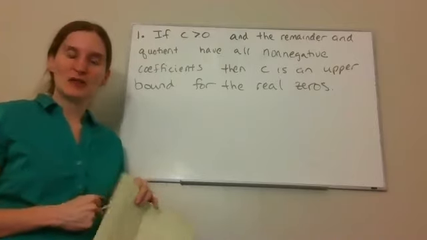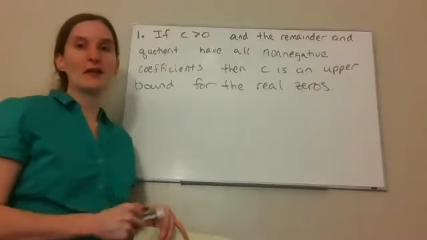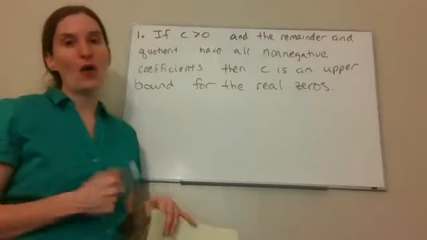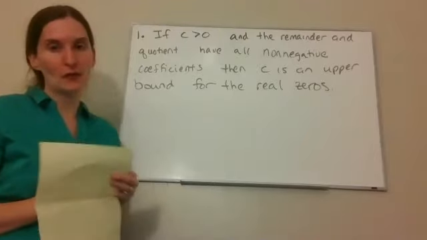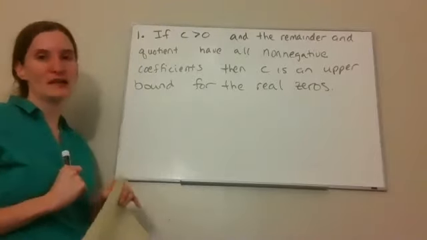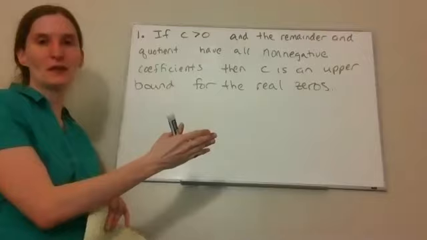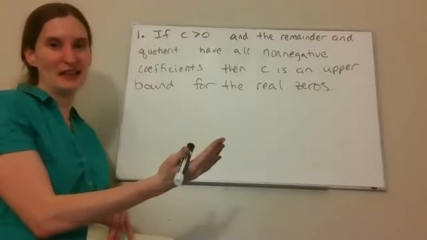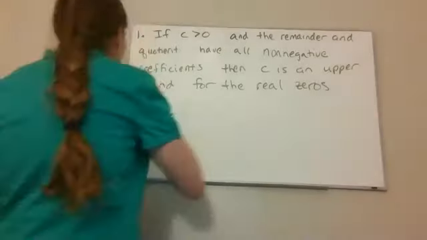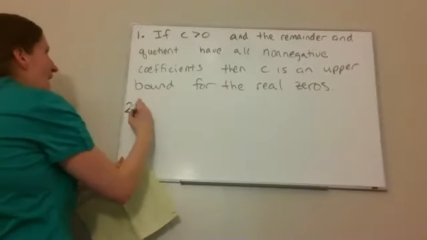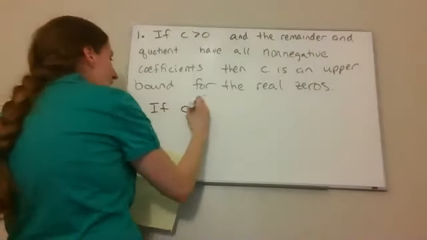An upper bound is just a number that is greater than or equal to all of your real zeros. So it chops off all the possibilities and says all of the real zeros are going to be less than this number. My second fact is if c is negative